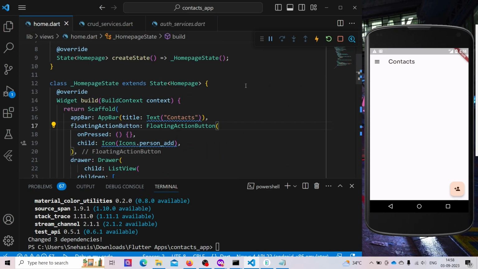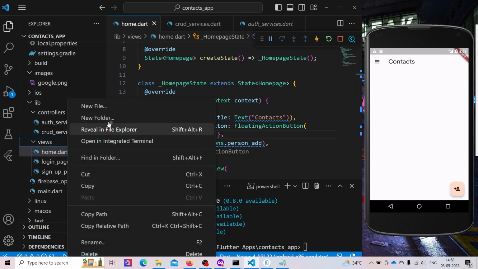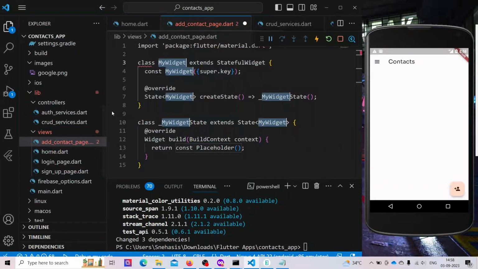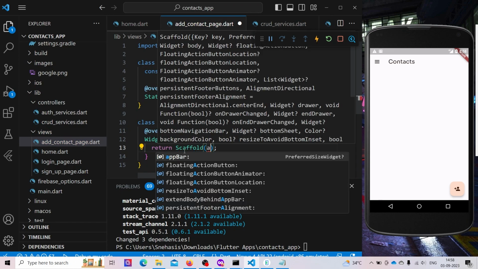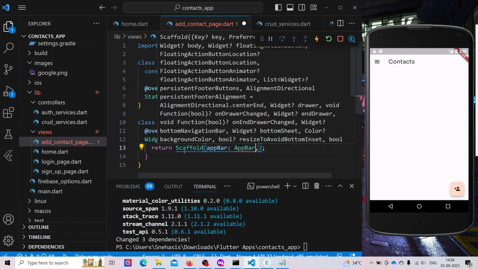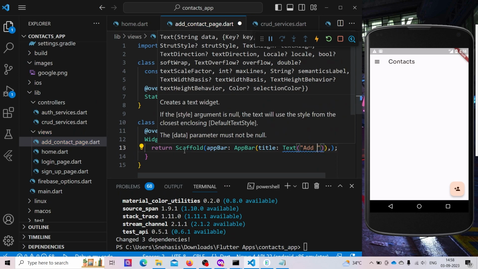Now in the floating action button that we have created, we'll open a new add contact page. So let's create an add contact page. It will be a simple page that will have a scaffold. App bar will be the title text of add contact,